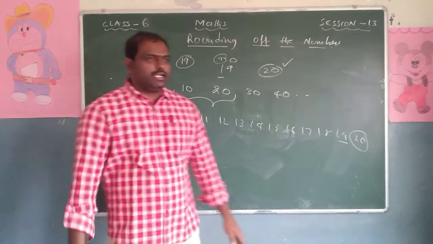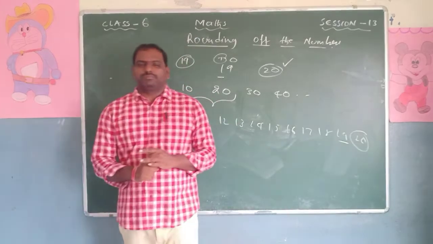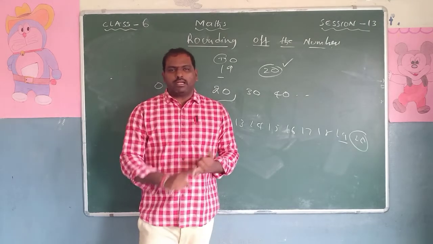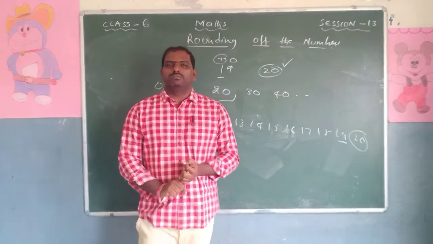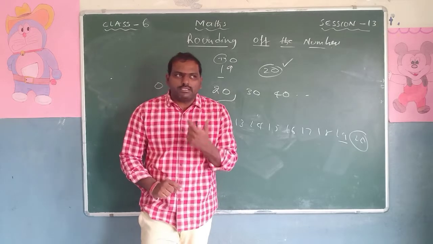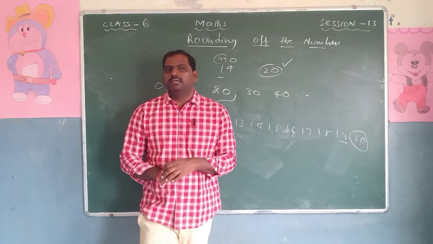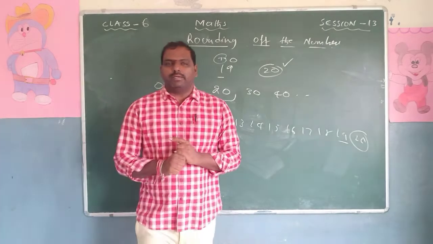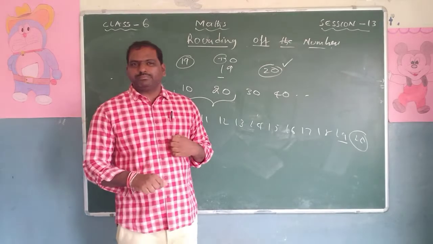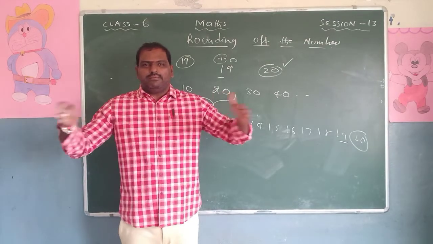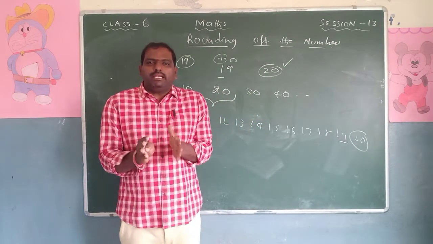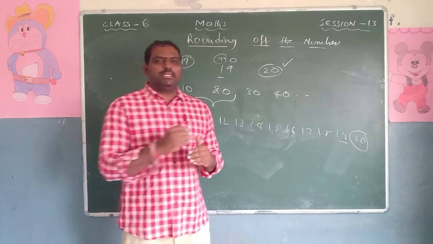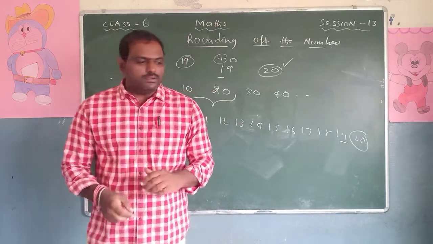So what we have to do is first read the question well. In the same question, they can ask for rounding to the nearest 10, the nearest 100, or the nearest 1000. So first we have to check which one is asked. In this case, tens. Since rounding to the nearest tens is asked, first take the tens, then check between which tens the number lies. So 19 is in between 10 and 20. After that, we have to check the nearest one.